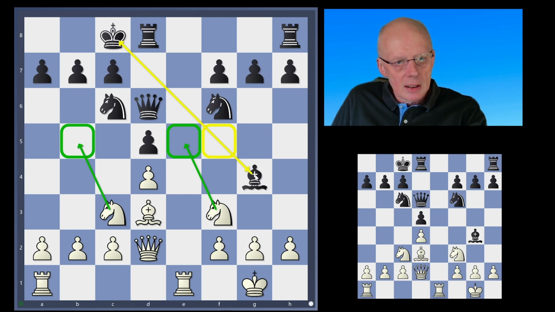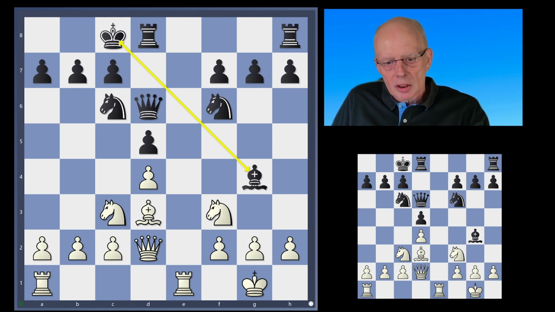Knight e5 has a double threat. It's like a double attack. And now the question, of course, is how are we going to defend against knight e5 from the black side? So take a moment to consider how you would